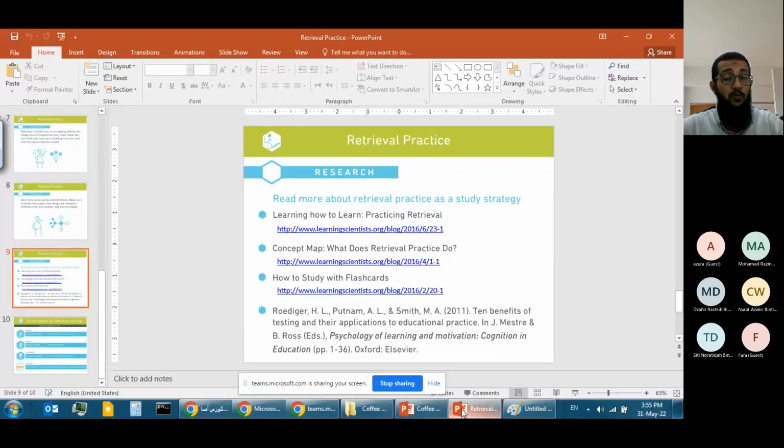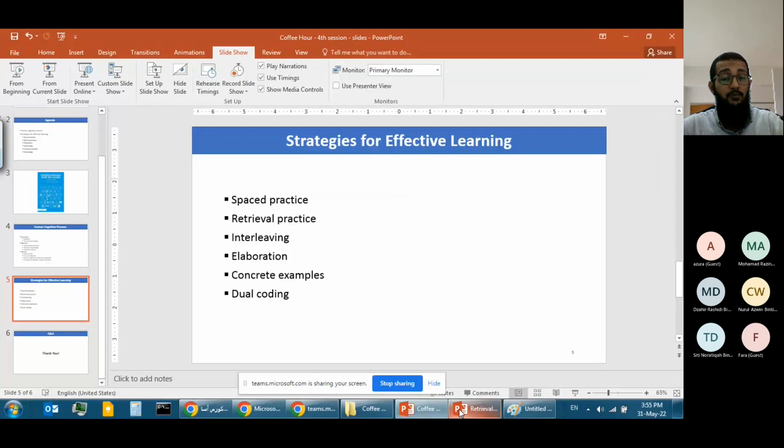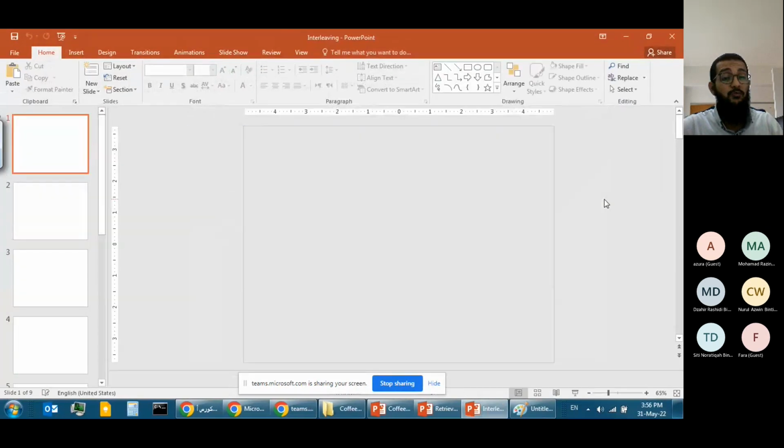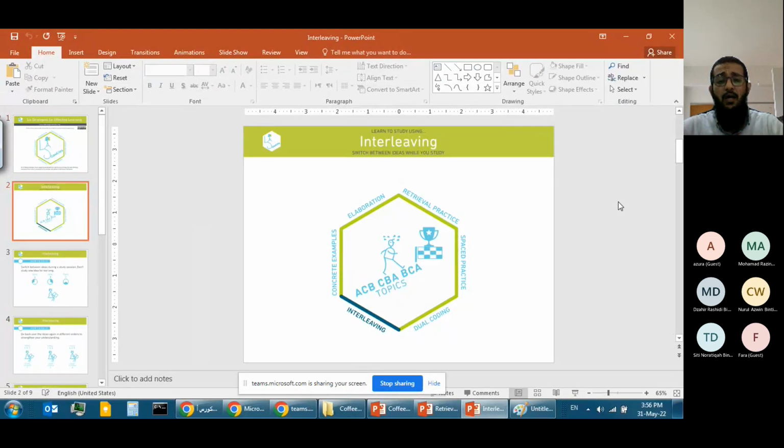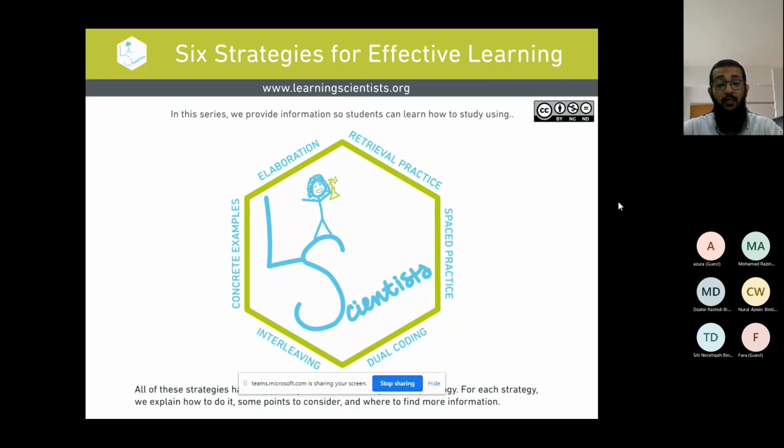Let's move into the next one, which is interleaving. Interleaving is not as well proven as spaced practice and retrieval practice, but it is still important and intuitive, I think, to an extent. There are some caveats, so I will highlight that. Interleaving means